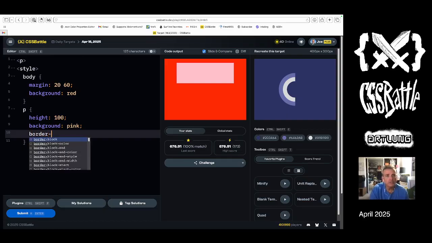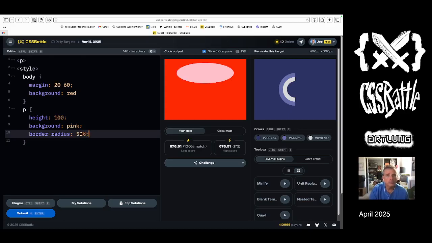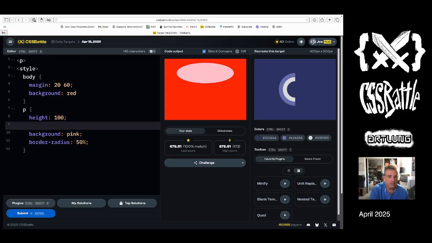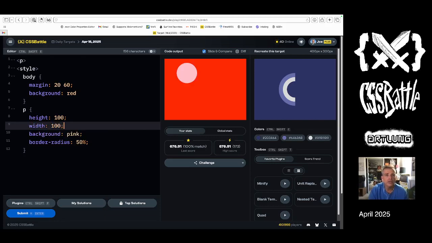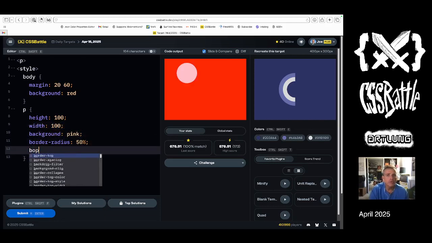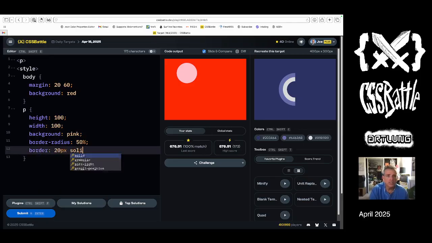So border radius 50%, right? Height is 100, width, we'll call it 100, right? And it's not in the center, but if I do a border, 20 pixels solid, this color,